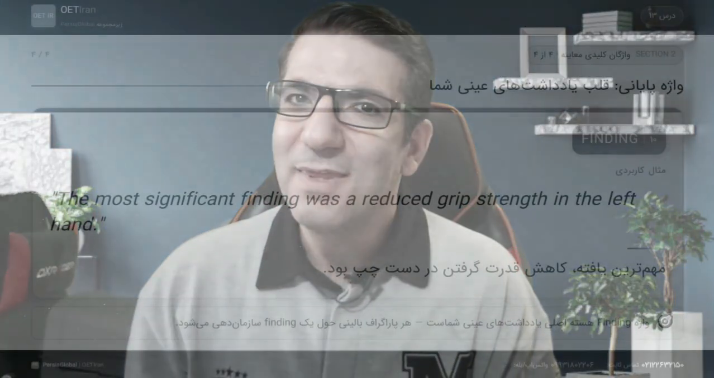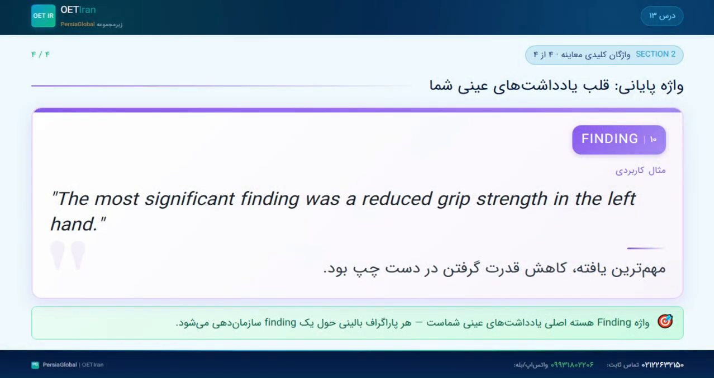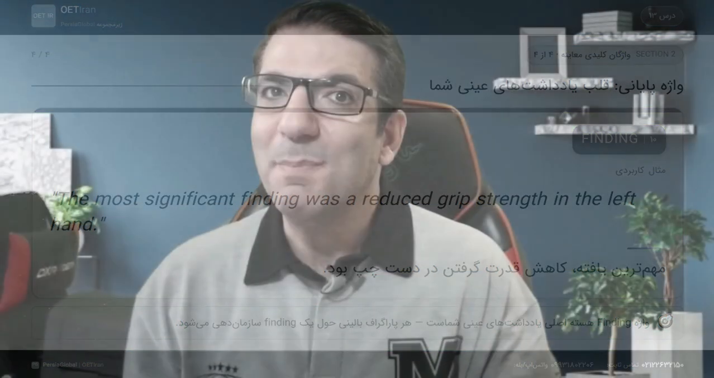Finding. Finding means something that is discovered. In the OET context, it is the core content of your objective notes. For example, the most significant finding was a reduced grip strength. A reduced grip strength in the left